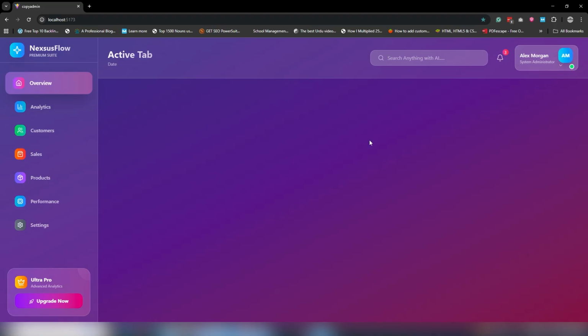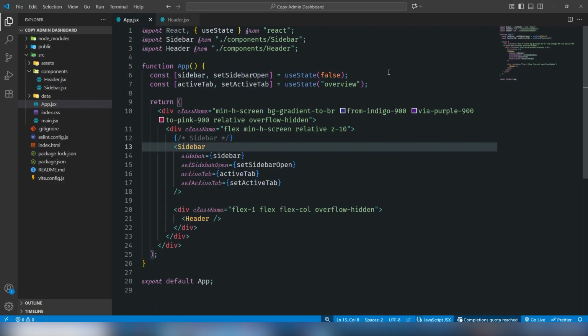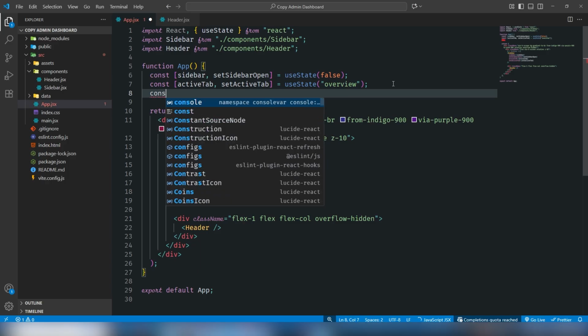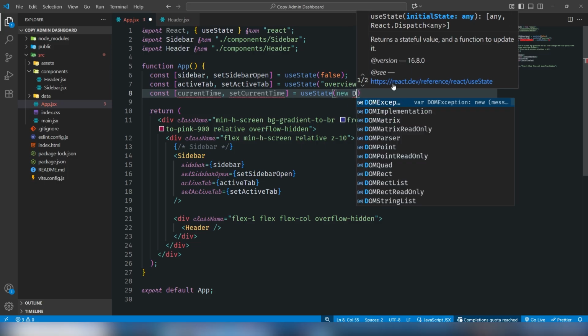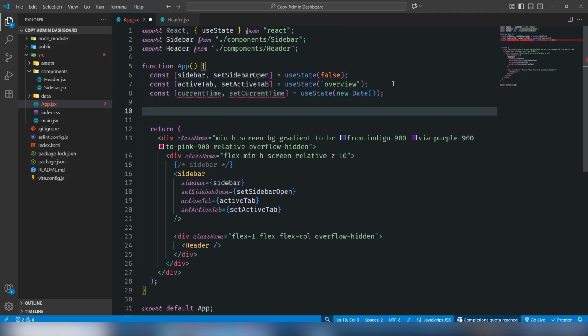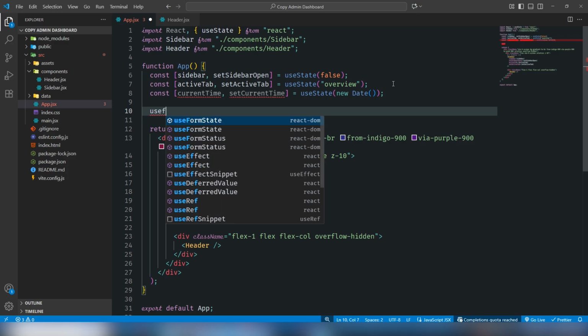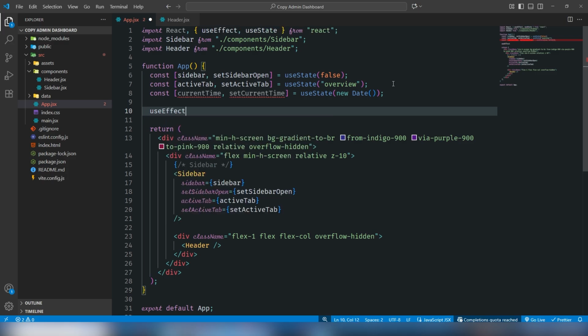So guys, there is no logic used inside. They just use simple things that help us display the active tab text and also the date inside there. So let's work on that and use simple logic. Make a state which is currentTime, setCurrentTime, useState, and I'm going to assign that as new Date function by default. But when the page is loaded, I need to update the current time. So in order to update the current time, I'll use the useEffect hook